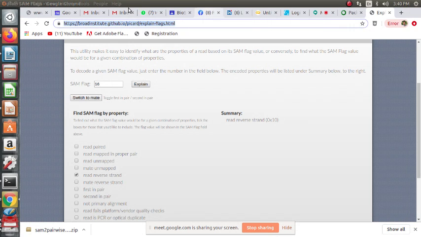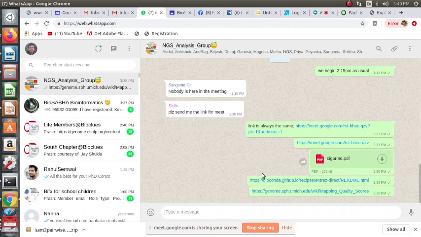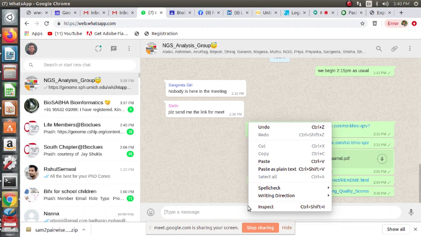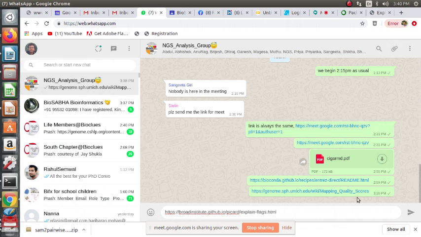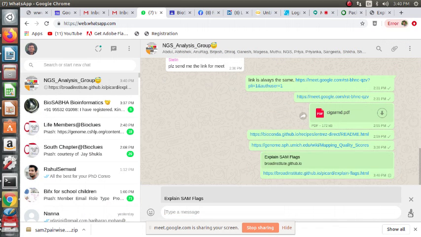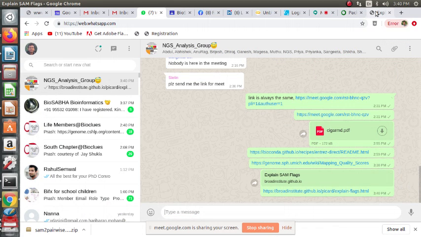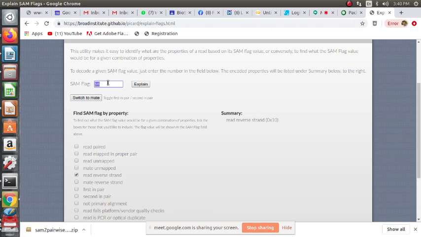It's very simple. Once you go to this link, explain SAM flags. You can enter any number. For example, we just saw 83 that day. You can enter 83 and write explain. So all the summary will come: read paired, read mapped, proper pair, read reverse strand, first in pair. So we enter 16 for reverse.